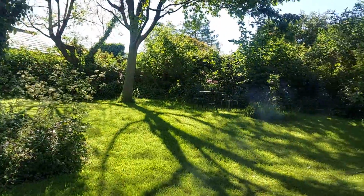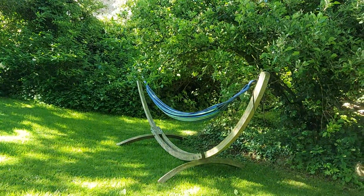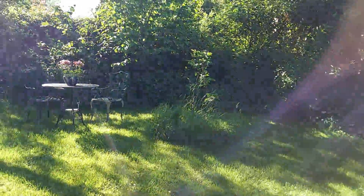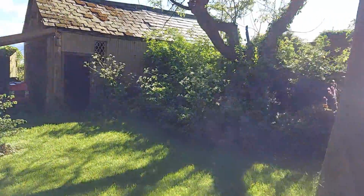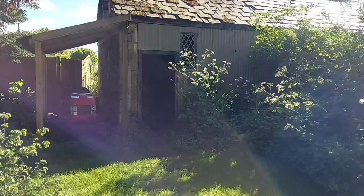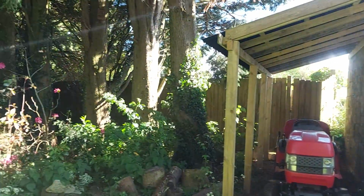Also got, always reminds me of a Viking ship. The swing, got the swing seat there, hammock, and another place to sit and just reflect. Sorry, the light's not very good at the moment. It keeps changing. As we've got an outbuilding here, I think we've got something nesting, so I don't want to go too close. Let me just take a little view